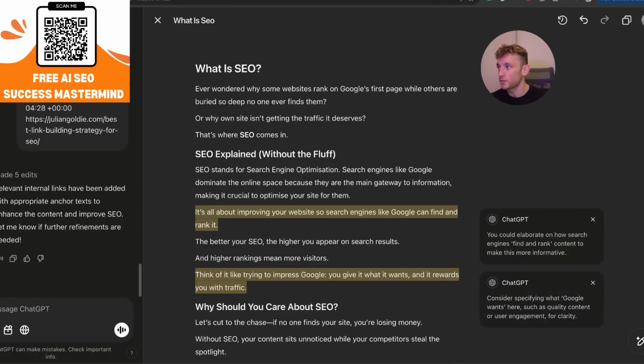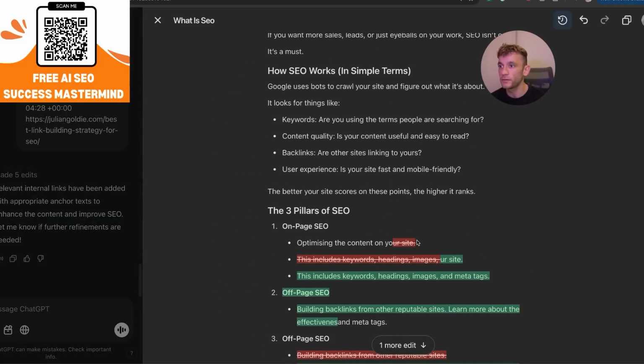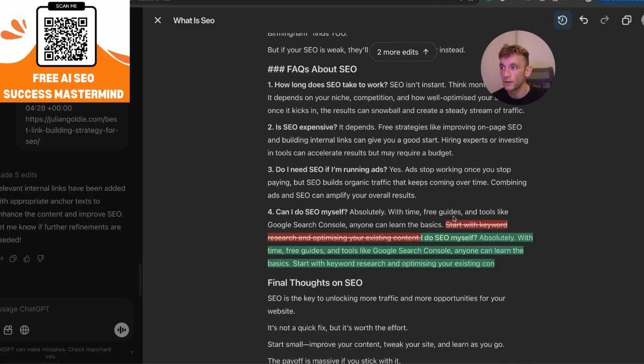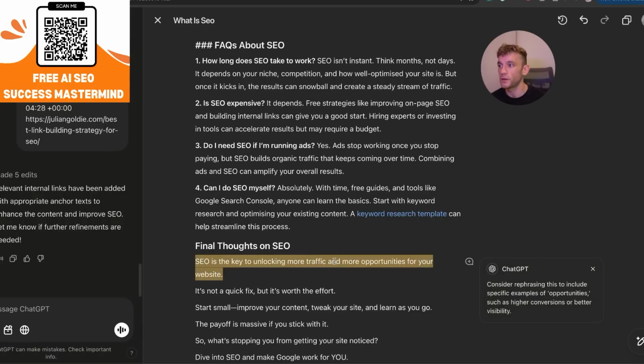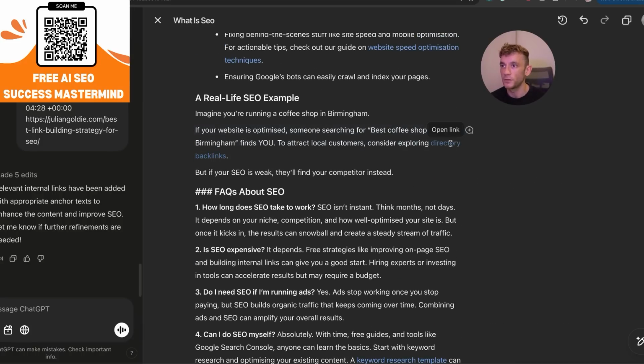And now you can see ChatGPT has come back to me in a few seconds and just said, relevant internal links have been added with appropriate anchor text to enhance the content and improve SEO, right? If we click on made 5 edits like so, we can see where it's inserted the internal links throughout the content. You can also see the change. So you see how the changes are in green. And if you press escape, you can get out of that mode and then just see what's happening here, right? So you can see, for example, the new links that we asked it to insert automatically throughout the content,